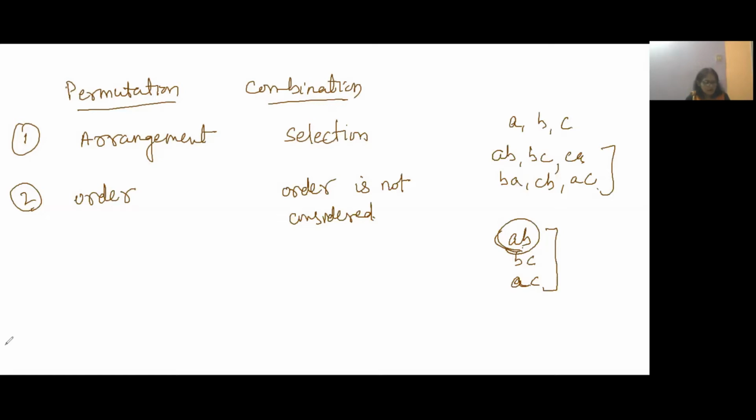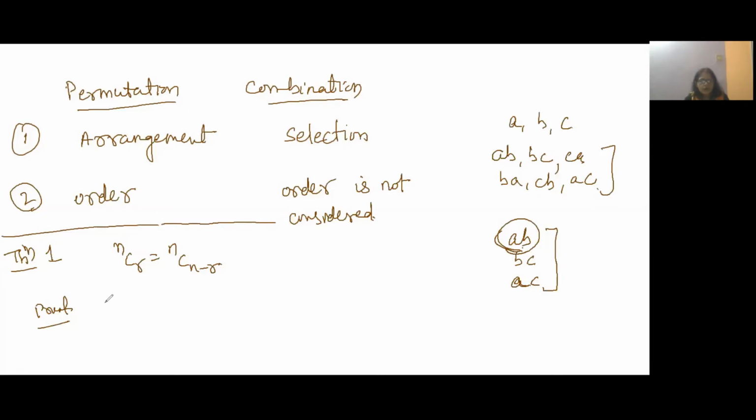Now let's find out some basic results. Till now we have studied what a permutation is, the relationship between permutation and combination, and also the basic difference between permutation and combination. One of the results is very important. First, I will write it here as theorem 1: prove that nCr equals nC(n minus r). This theorem specifically will help us do the calculation in an easy way.